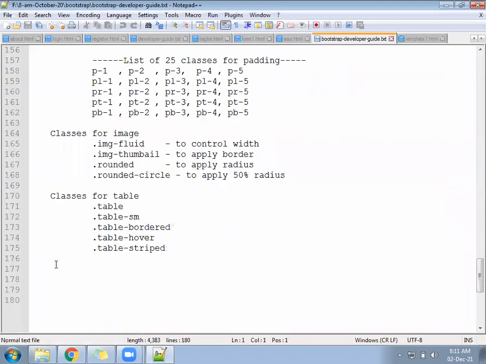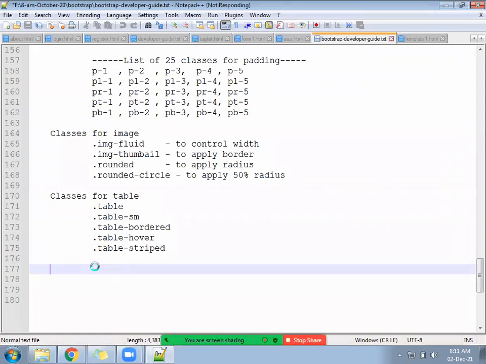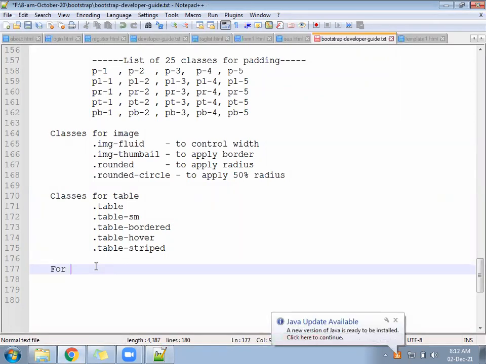Come to the developer guide right there. For left side navigation, classes for left navigation.